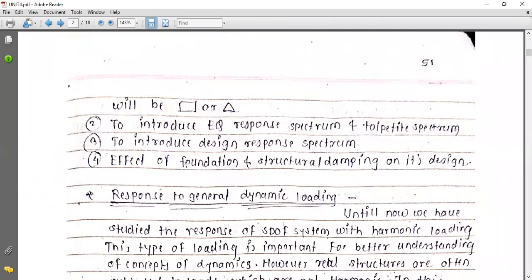The first objective is that the general loading will be rectangular or triangular. Rectangular loading or triangular loading. Below this, write down the second objective: to introduce